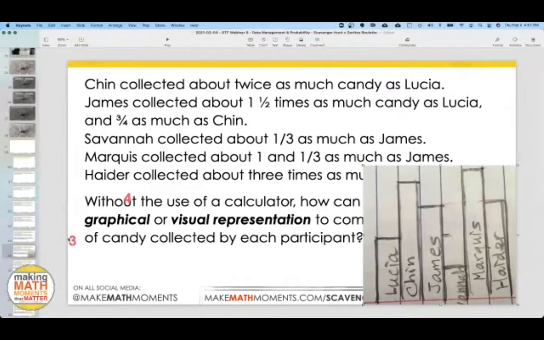Some students may have done what we just heard on the mic a second ago with like, hey, let's make Lucia 3. Let's see what happens. Let's see what our total is. But keep in mind, our estimates are only that, right? We don't know for certain yet, which is completely fine. So I'm super impressed. Rebecca's saying Cuisenaire rods might be helpful. Absolutely. They would be super helpful.